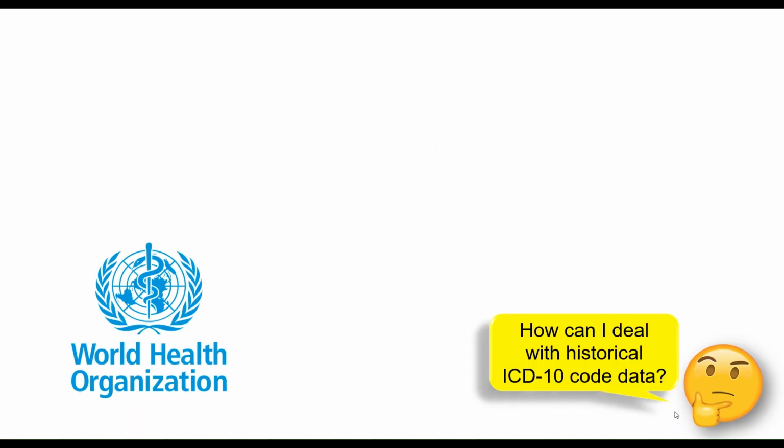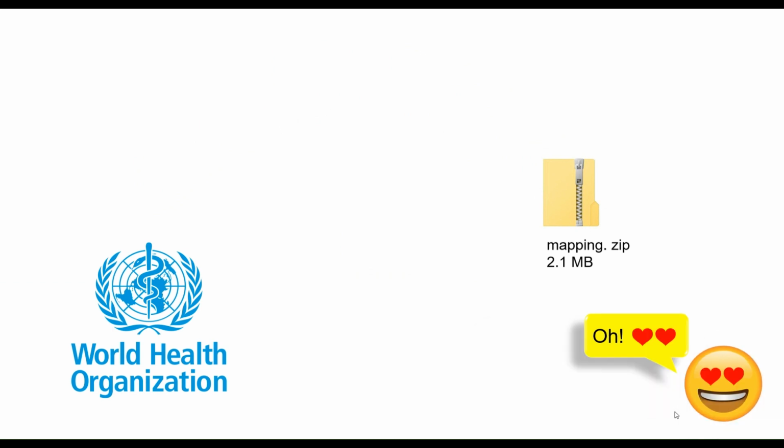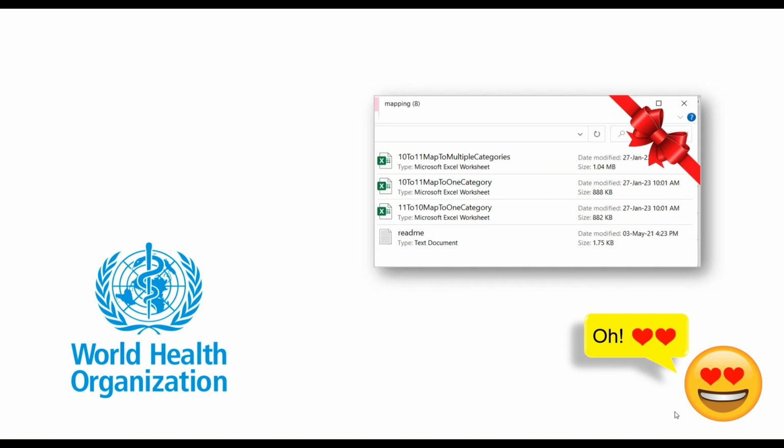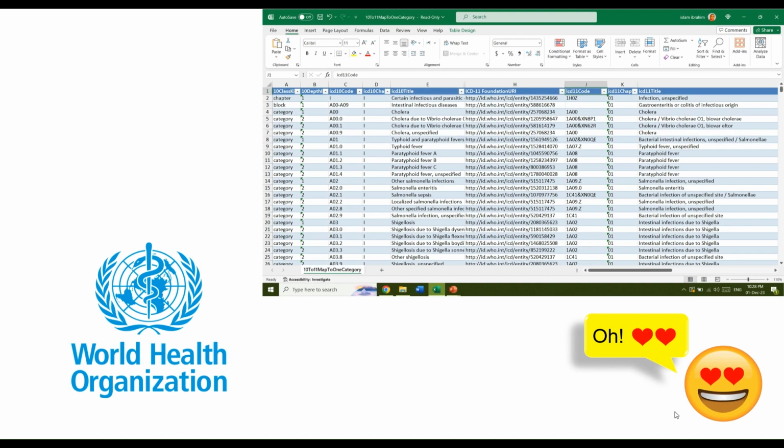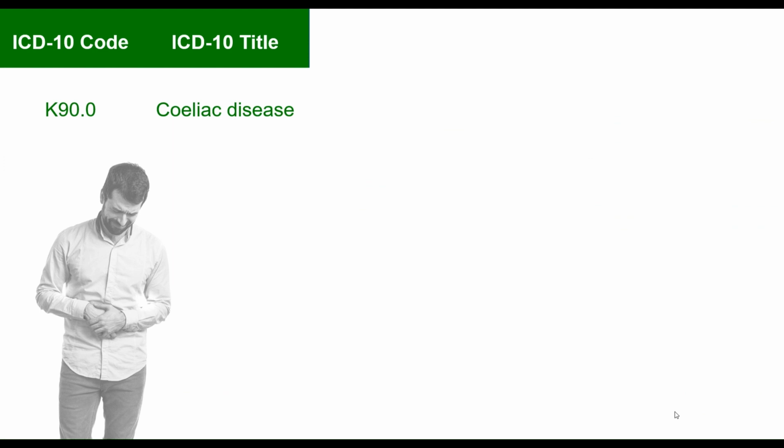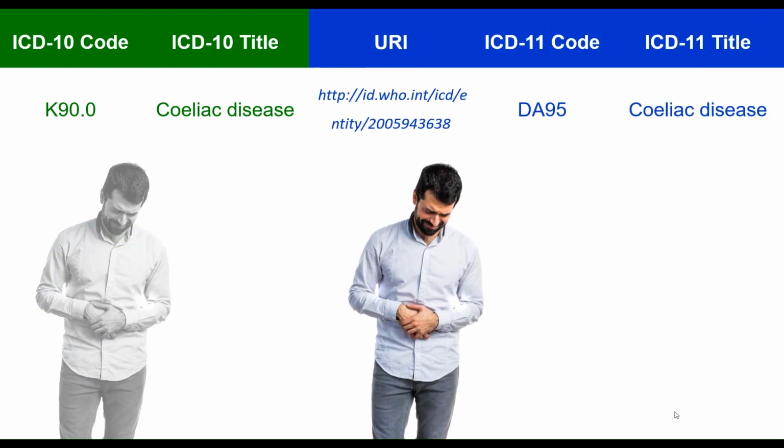The WHO provides free transition or mapping tables to allow us to convert data between ICD-10 and ICD-11. They are downloadable for free, and they include ICD-10 to ICD-11 crosswalks as well as ICD-11 to ICD-10 crosswalk. The files include all the details you need to do the mapping. For example, celiac disease was coded as K90.0 in ICD-10. In ICD-11, it has another code which is